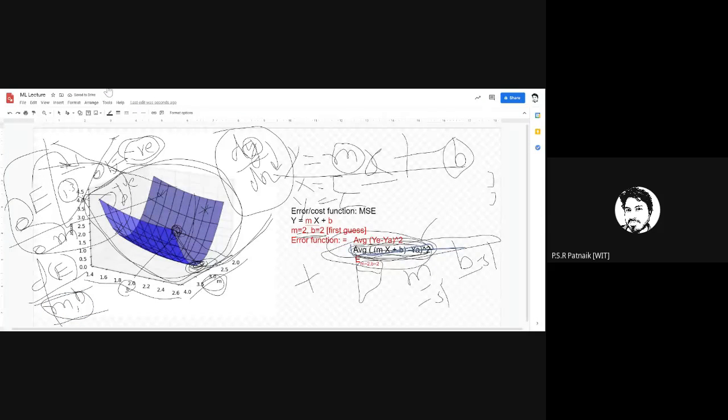Fortunately, I have already done that derivation, and we have that equation. As of now, just remember that we get those two slopes by applying partial derivatives on this error function. We will implement that partial derivative equation, and the rest is to just iterate and you will get an answer. I think we are almost done with today's lecture slot. We will see the program in tomorrow's lecture. Fine? Okay. Have you understood this lecture?